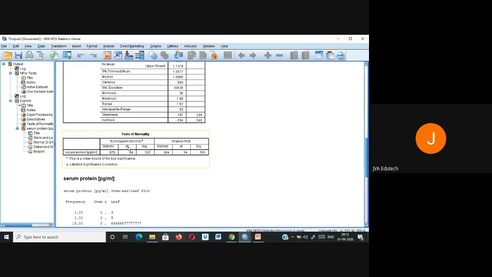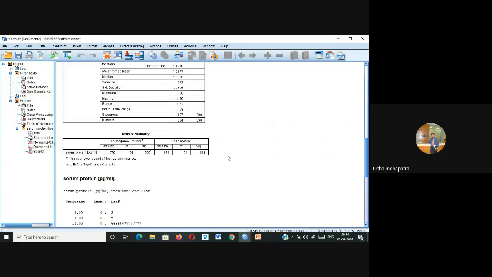Now here you are getting two tables, Kolmogorov Smirnov and Shapiro-Wilk. If you want to do Shapiro-Wilk, you have to do it by this method, but it will also give you the Kolmogorov Smirnov statistic. And see, this statistic is the same as above when we did Kolmogorov Smirnov in a single manner, right? So even if we cross-check with Shapiro-Wilk, the null hypothesis is accepted, meaning the test distribution is normal.